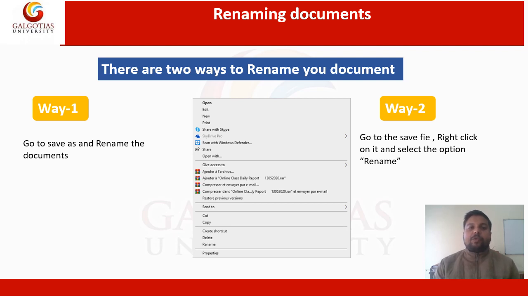But if you don't want to open it, we use the second way. We go to the saved file, right-click on it, and you will get this option which I pasted here. Under detail we have the option Rename. We just click on Rename and rename our existing file.